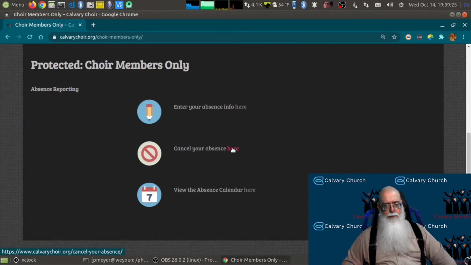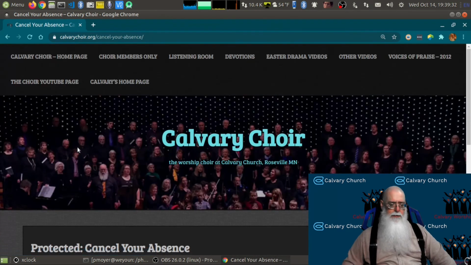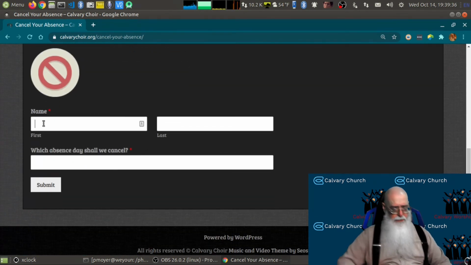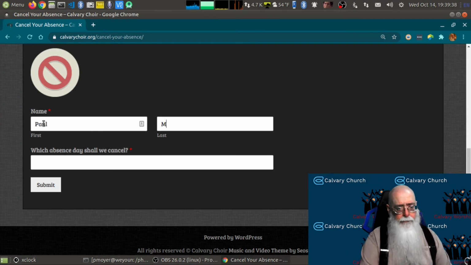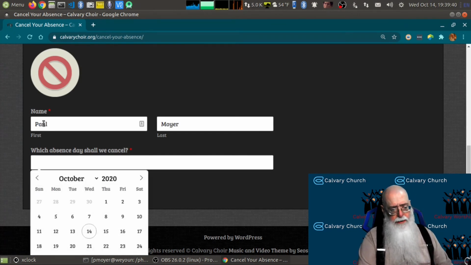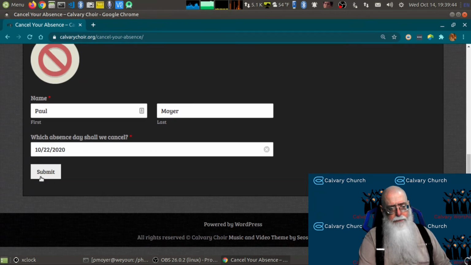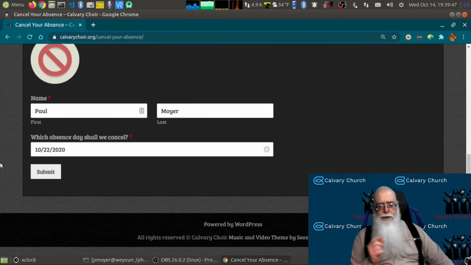Again, either the word here that's highlighted or the icon is the link. So to get into canceling my absence, I'd click one of those, and it's a different form where I just have my first and last name and what date. I'm going to choose the 22nd this time, and then I'll hit submit. One thing I want to note here is that